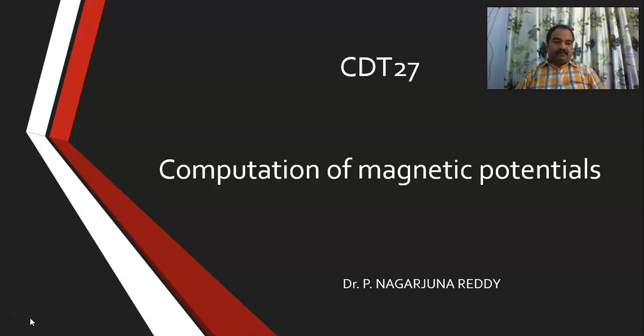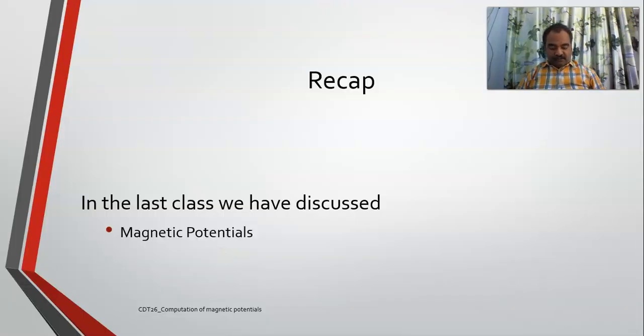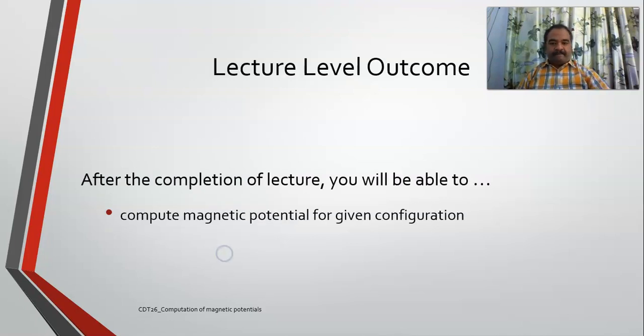Today's topic is a continuation of the previous topic. In the last class, we computed magnetic potentials due to different current configurations, and we have solved the problems on those things. So we'll continue on these magnetic potentials, and we'll try to compute for a few more cases. I hope that by the end of this video lecture, you will be able to compute the magnetic potentials